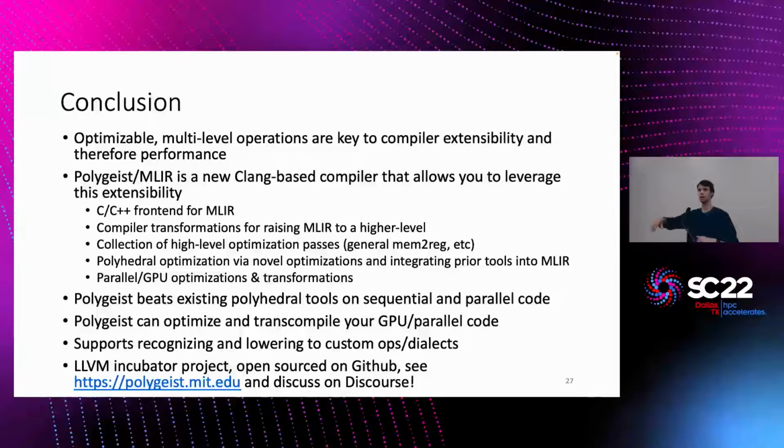And in particular, we saw this in the context of two specific case studies, the first of which was polyhedral optimization, the second of which was novel, both parallel and generic GPU optimizations and transformations. And on those two specifically, Polygeist was able to beat those existing polyhedral tools on both sequential and generating that parallel code, as well as Polygeist was able to substantially beat the state-of-the-art for optimizing and even cross-compiling GPU code. We also support the ability to recognize and lower to custom operations or dialects. So again, if you have your own specific, domain-specific information you'd like to take into account, you can do that. And it's an official LLVM incubator project at